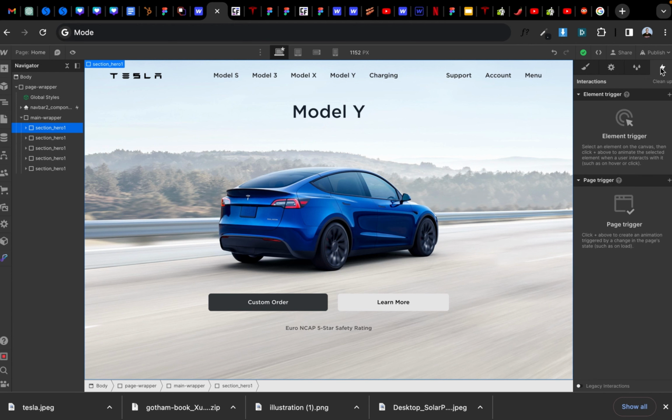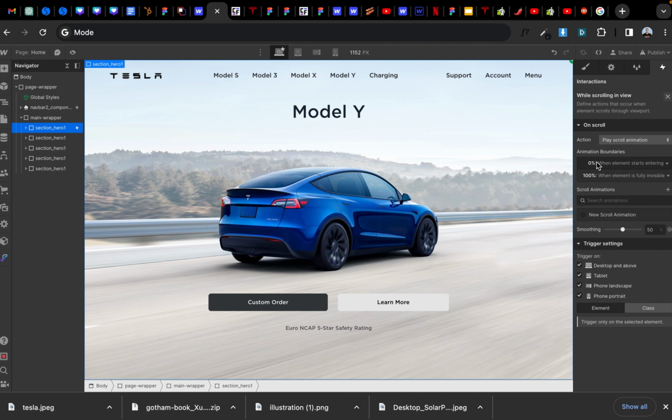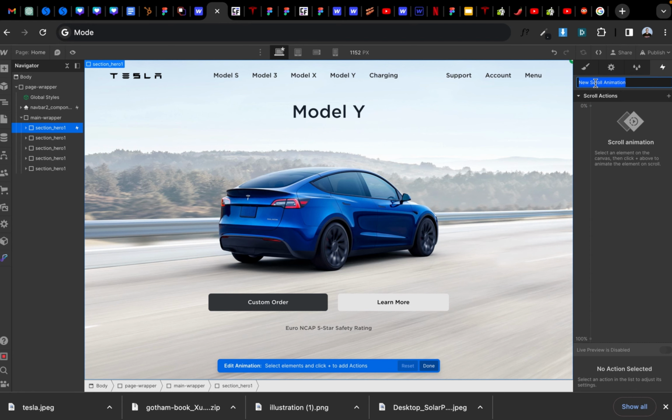So we're going to go here, and for the sake of this tutorial, I'm going to use while scrolling in view. There might be other methods, but I think this is what I'll go with. When you click on it, while scrolling in view, it says action, go to action, play scroll animation from 0 to 100. Let's delete this, this was what I did before. Maybe make the smoothing 80% smoothing while scrolling, and we're going to add a plus, and we're going to call this